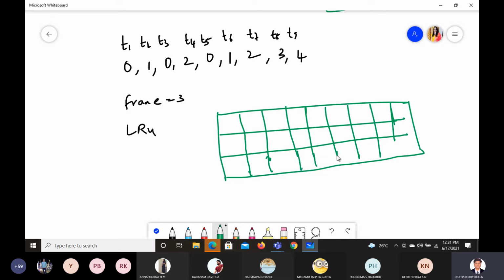Now we can begin the algorithm. Whichever page is entering, you see at time 0 we are entering. This is frame 3, frame 2 and frame 1. Now you enter the values, so you start entering 0. Is 0 a hit or a fault?